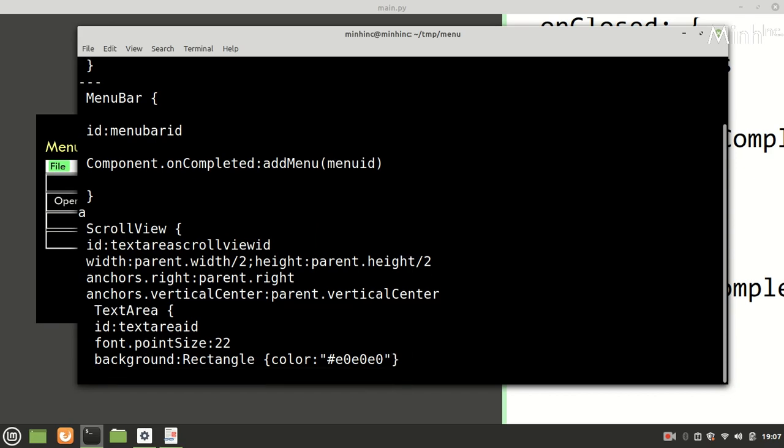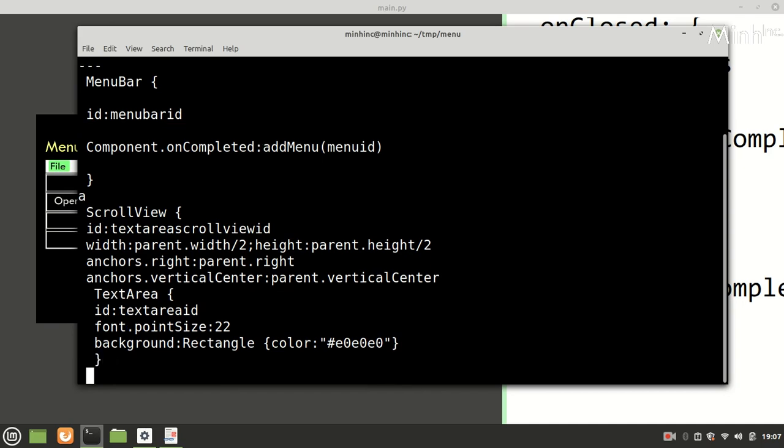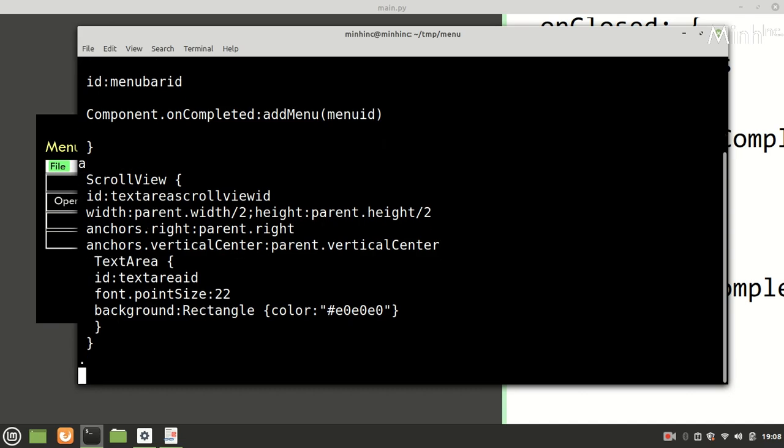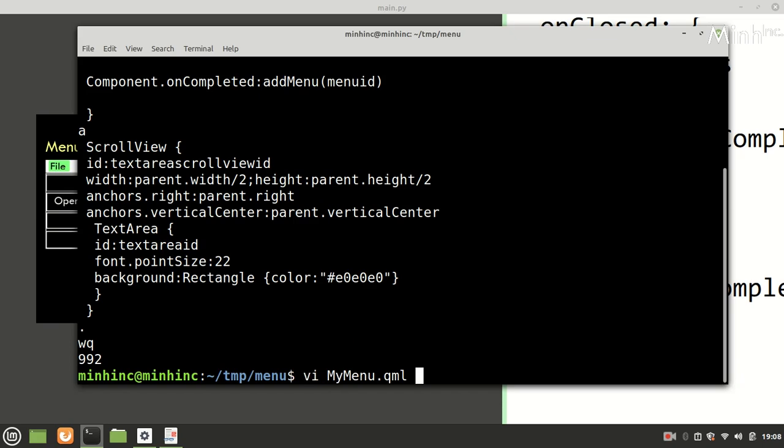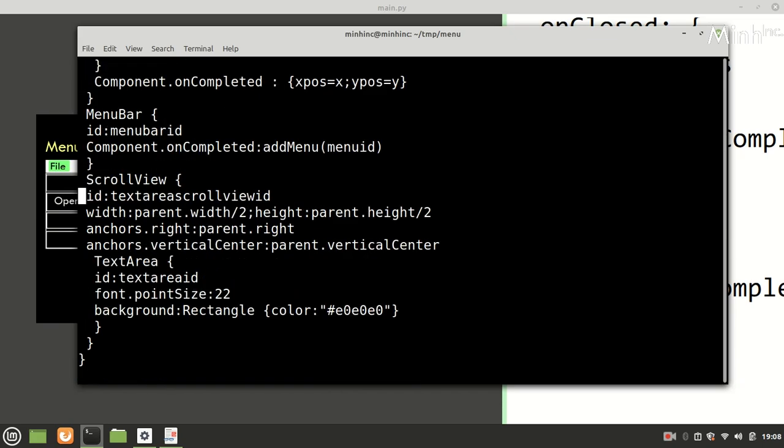So this is our gray text area. Now we introduce a scroll view. ID is there, text area scroll view ID, width is parent height half, and vertical center parent vertical center, and the text area inside that. So the text area is scrollable, and the background is this.